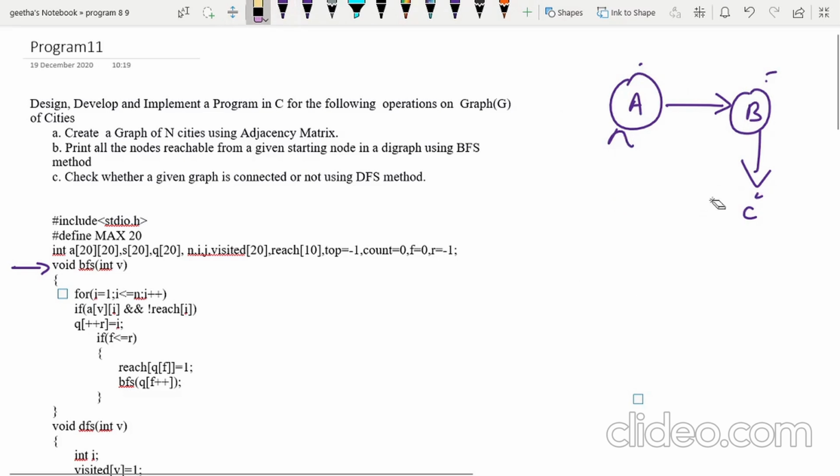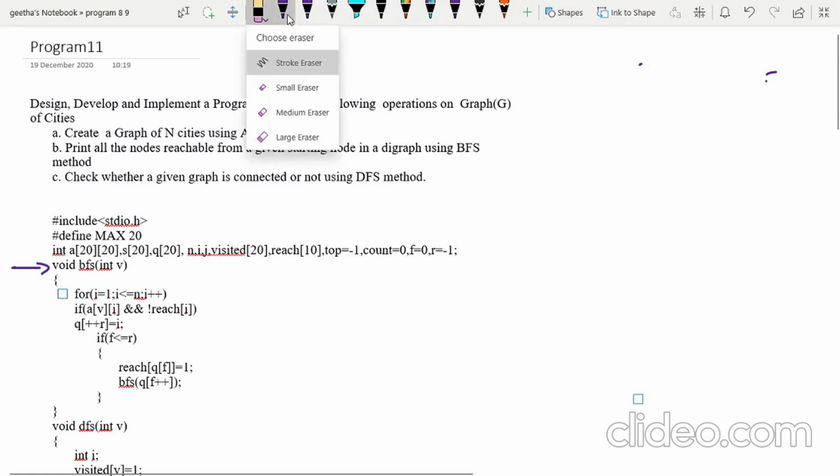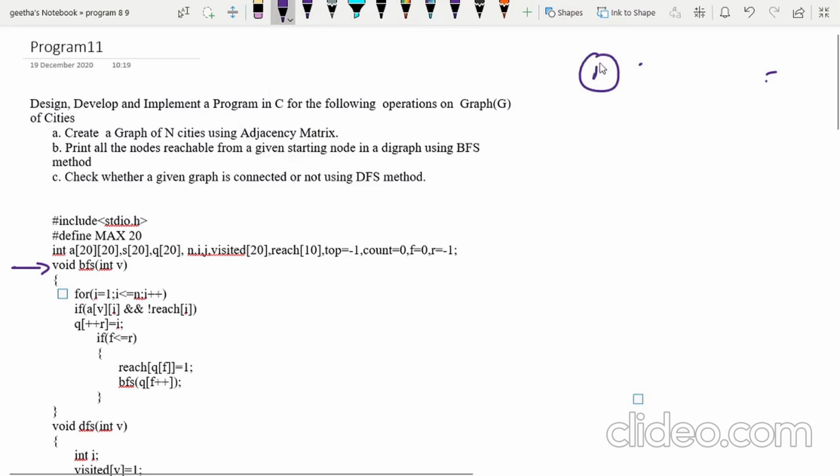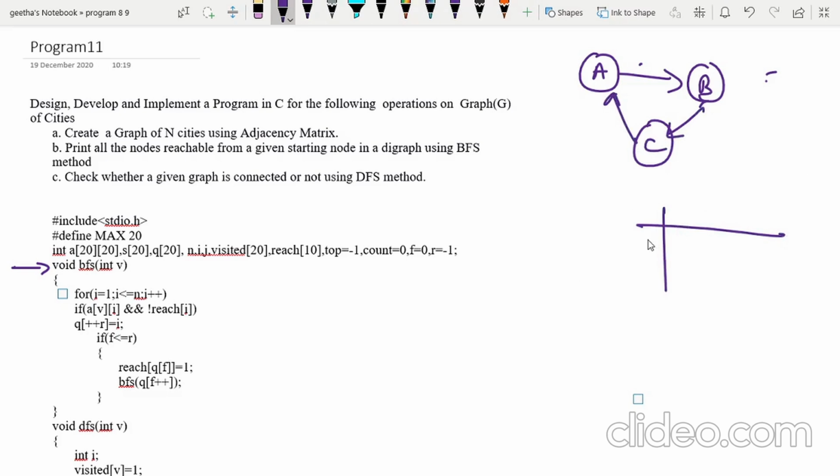Then coming to the adjacency matrix. What do you mean by adjacency matrix? Here, create a graph of n cities using an adjacency matrix. Suppose the n cities are A, B and C, let's assume there are 3 cities. Then you have to create a 3 cross 3 matrix. A to A is obviously not connected, B to B is itself, so we put 0.